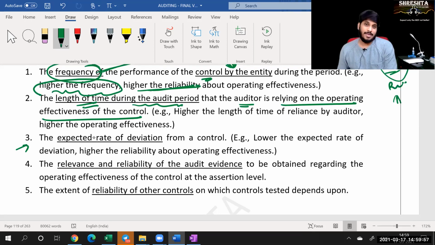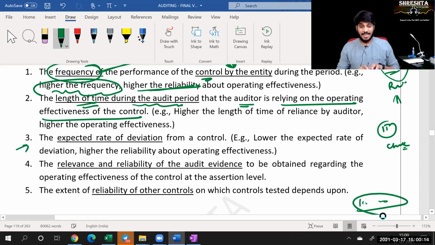And the third factor: how far this control can deviate. Literally speaking, IT related checks and system checks are there everywhere. In GRN, he cannot accept more than 1000 quantity. He cannot mention more than 1000 price. While making payment also, there are checks: they don't mention the manual amount. It has to come printed. A cheque has to be kept under the printer.